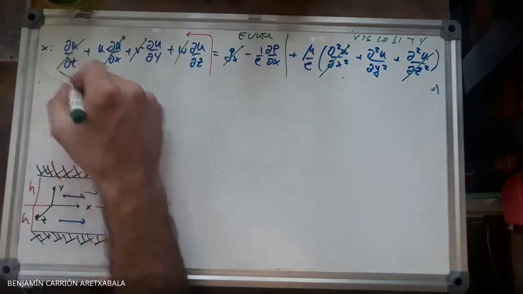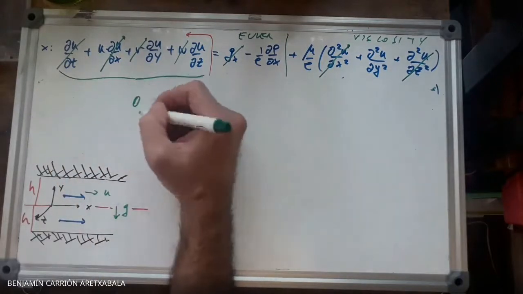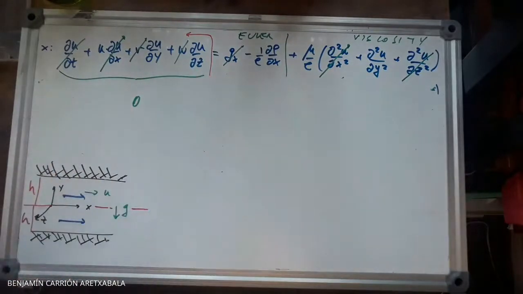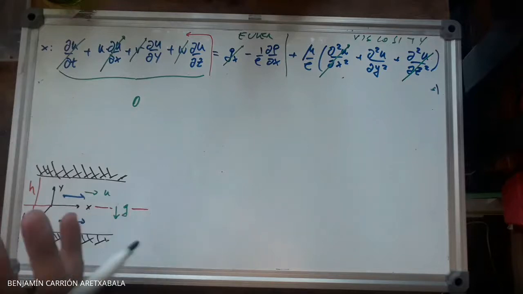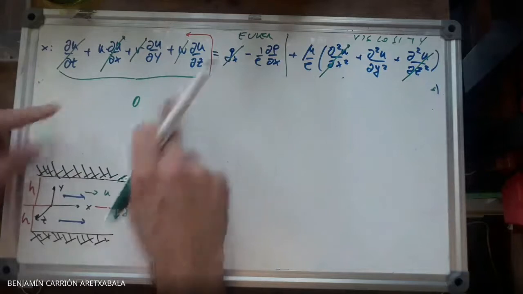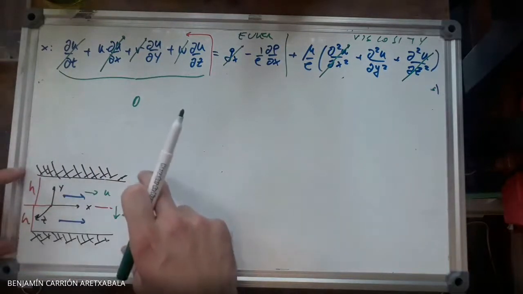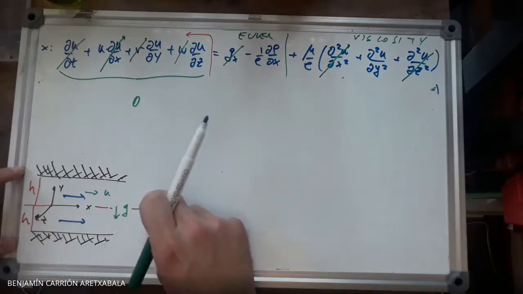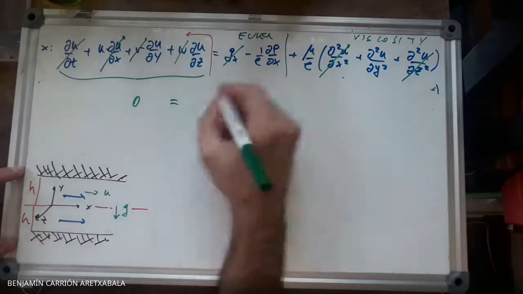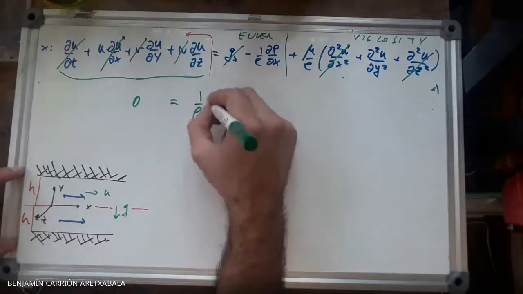So what we get is that the total acceleration is 0, which again is expected, because otherwise, if you had accelerating water, there would be a time where water would collapse on itself or separate itself. So you don't have acceleration on x because this geometry is uniform. To have acceleration, this should shrink. The area should be smaller. Then you would have an acceleration. Okay, so this is 0, and we have 1 over rho dp over dx